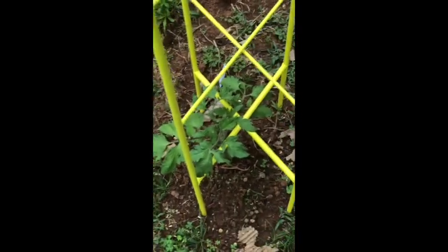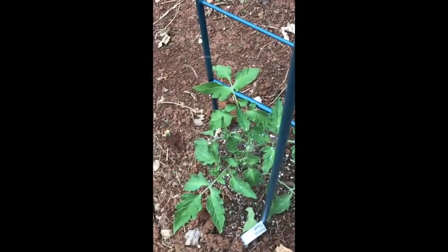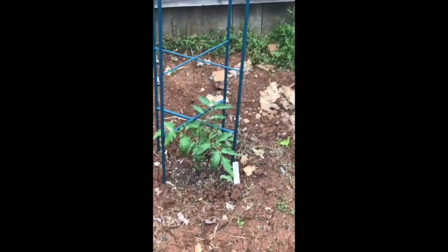So my bodacious tomato plants, I've been adding Epsom salt to those also, just as a preventative. I don't want anything to come along and start chewing on those. So while I'm out here, I just go ahead and drop a little Epsom salt around those too. I haven't sprayed them with the neem oil, but maybe I should do that. But anyway,